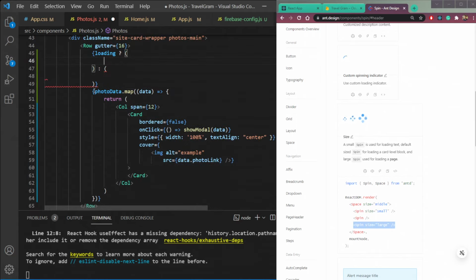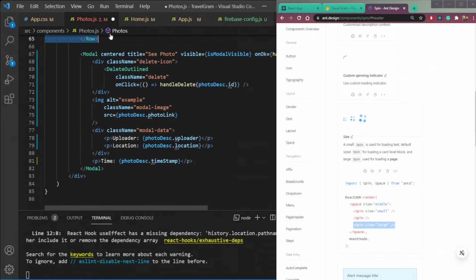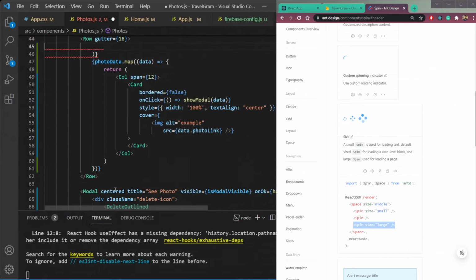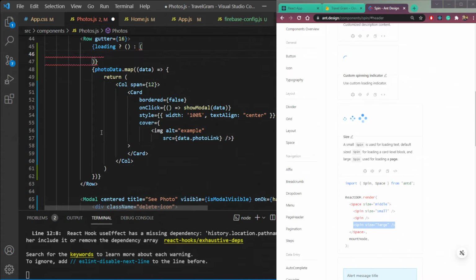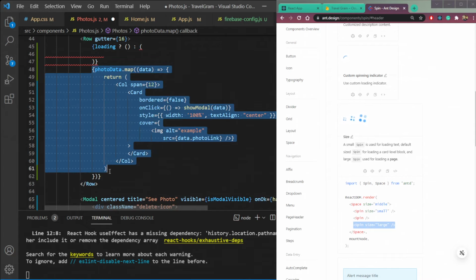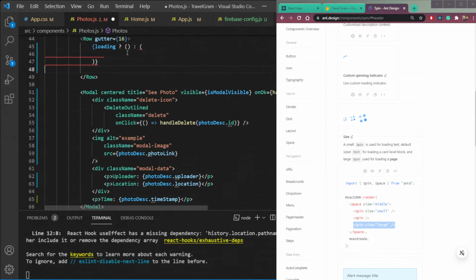Fine, got it. So just cut it from here and put it here.